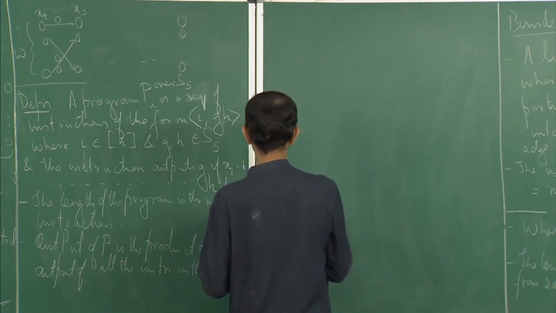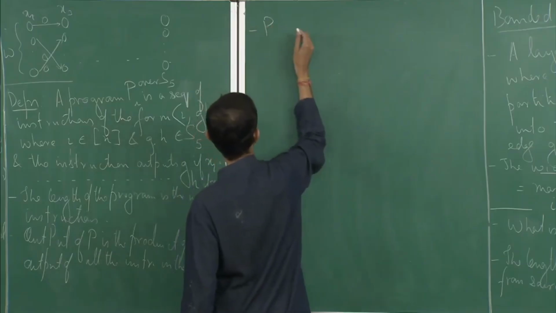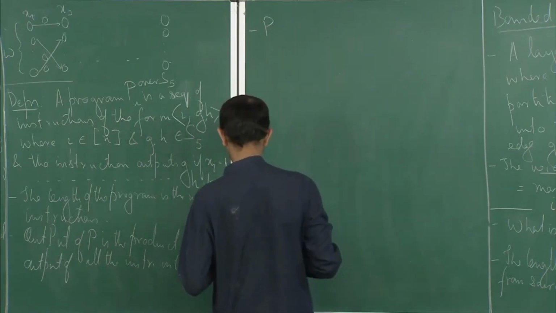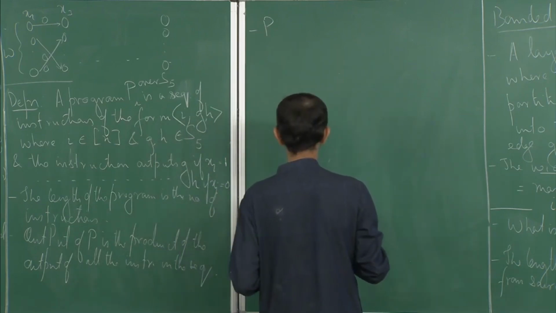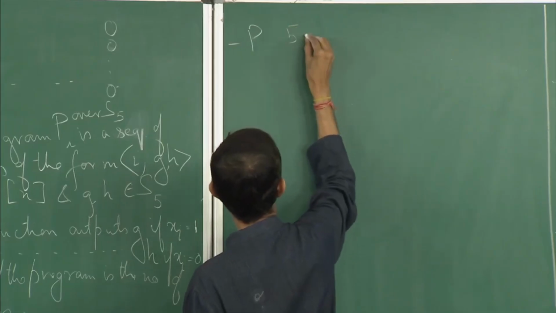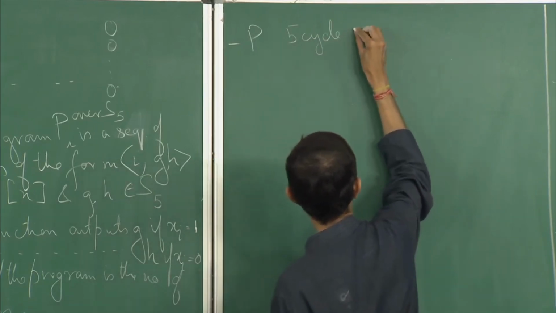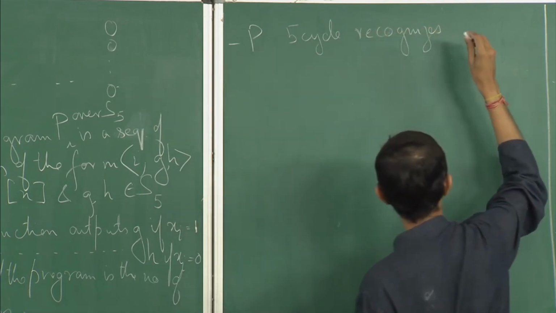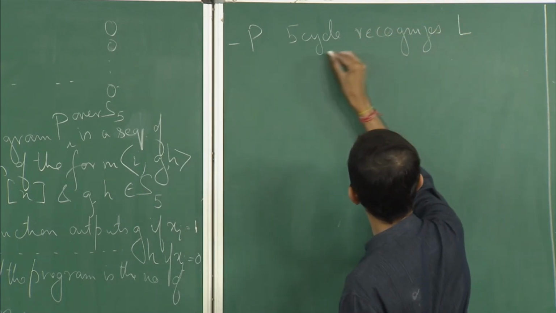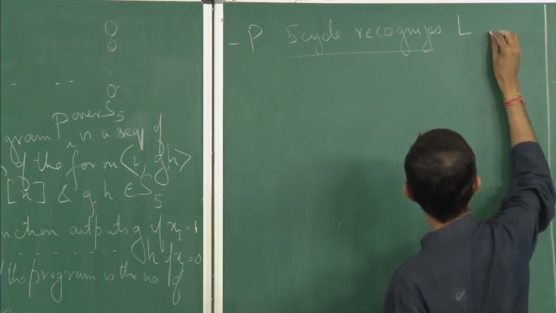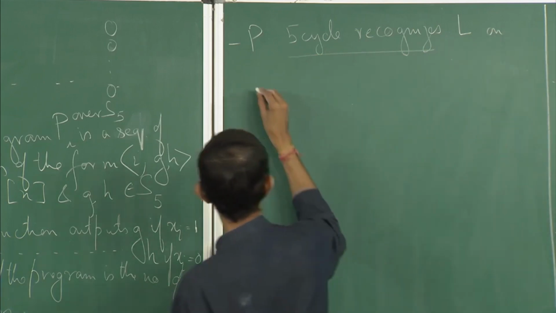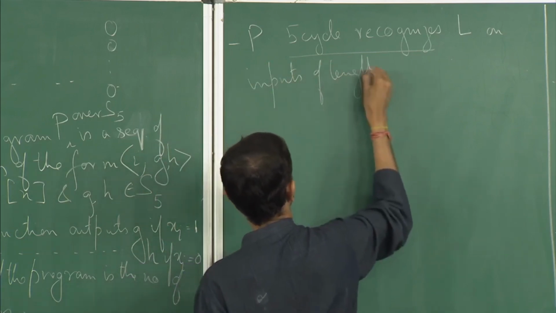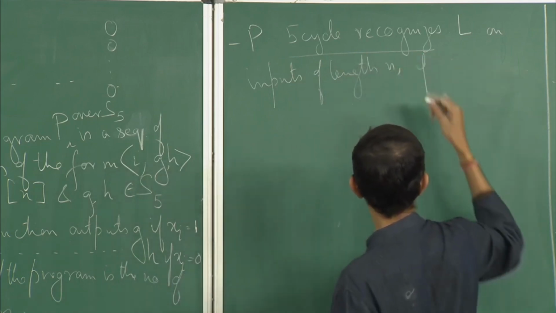So, okay, P, a 5 cycle, recognizes L on inputs of length n if